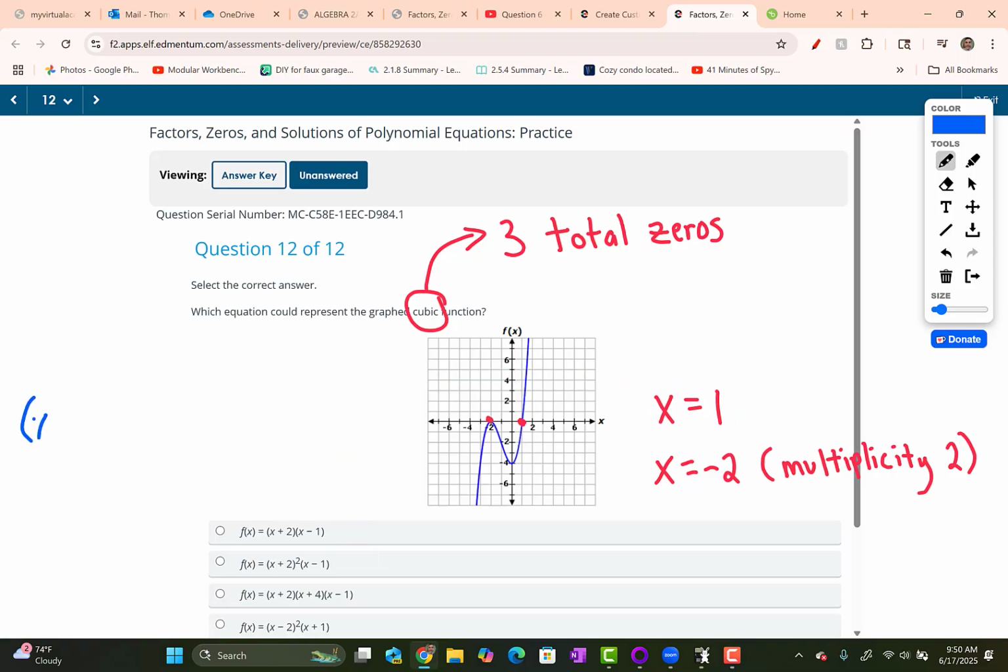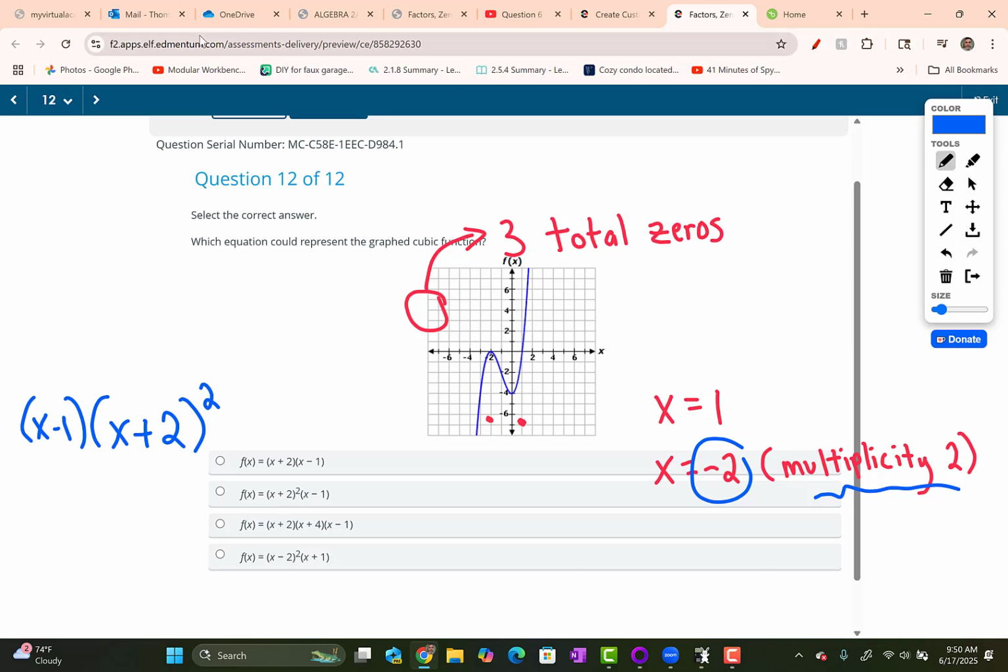So x minus 1 is one factor. The other factor, if x equals -2 is a solution, that means the factor is x plus 2, but it's quantity squared since that was a double root. So we're going to look at our answer choices,